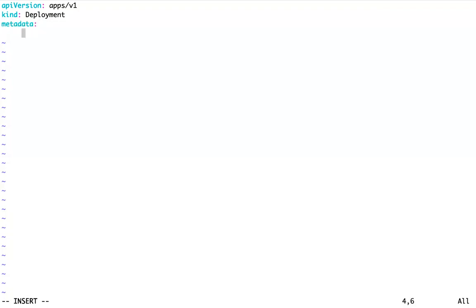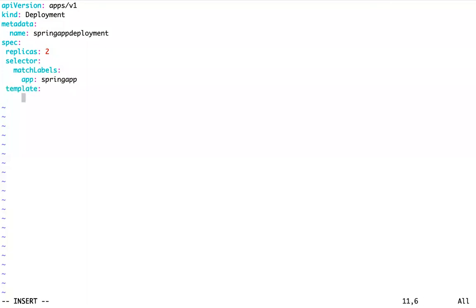Metadata, name, spec, replicas. I'm just giving 2 replicas, and again the selector, whatever you want to give, right? Then template, your pod template.